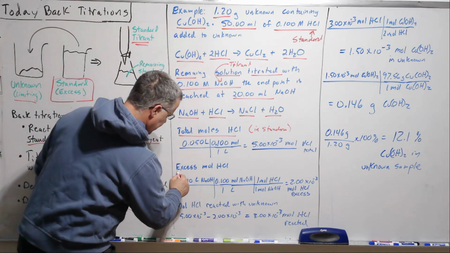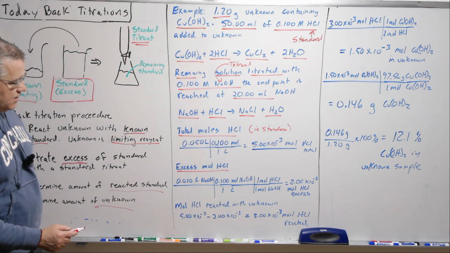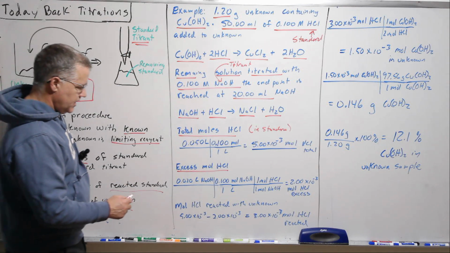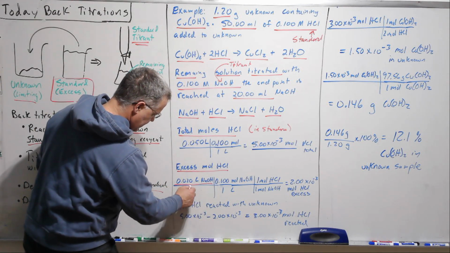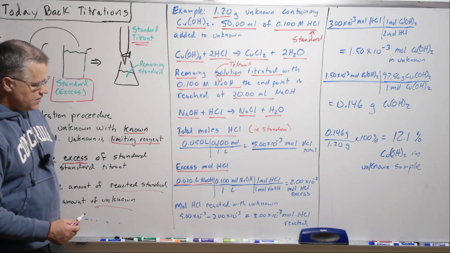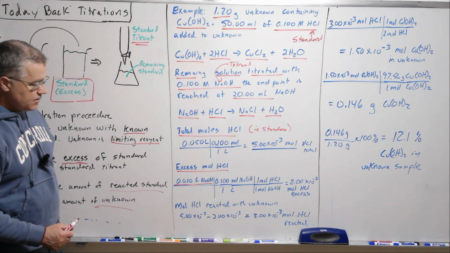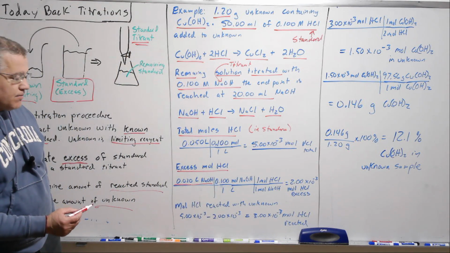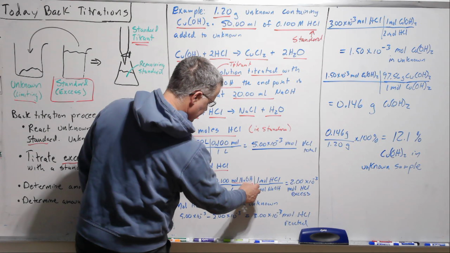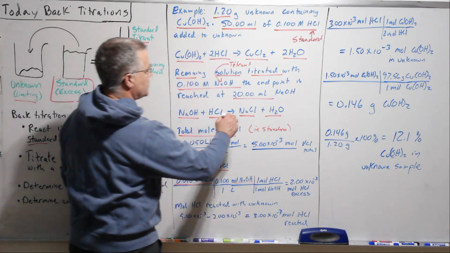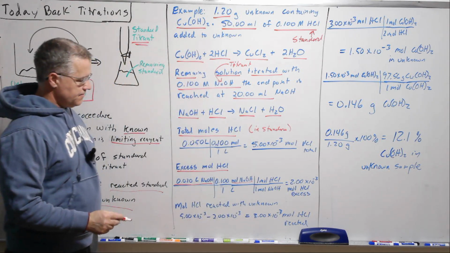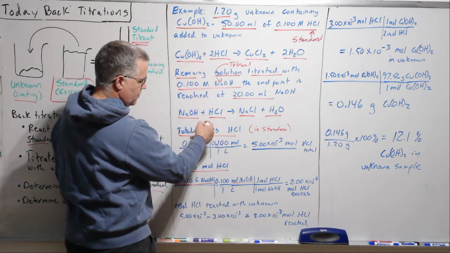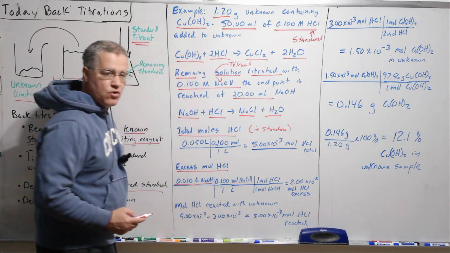Okay, so now let's determine the excess of the standard here. So it took 20 mils, or 0.02 liters, of sodium hydroxide, and we're going to multiply that by 0.1 mole per liter to give us moles of sodium hydroxide. So that's coming from the concentration of the titrant. Then let's do moles to moles. Because of this reaction, 1 mole to 1 mole,